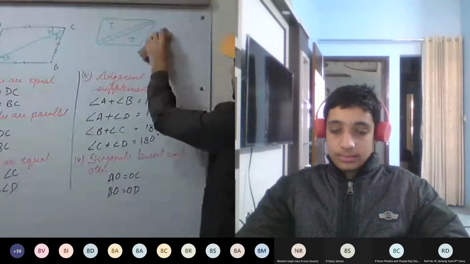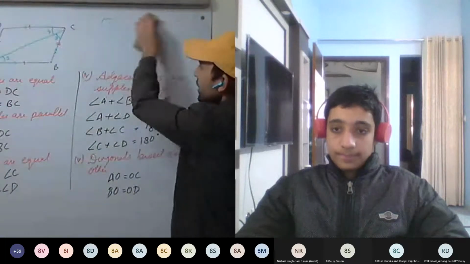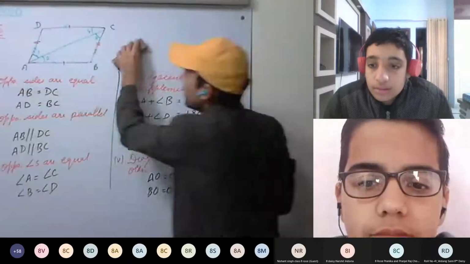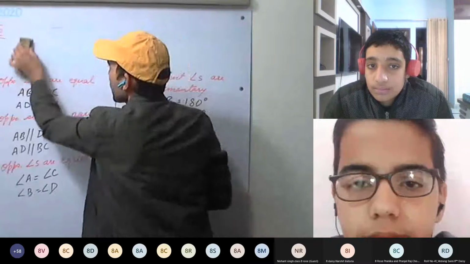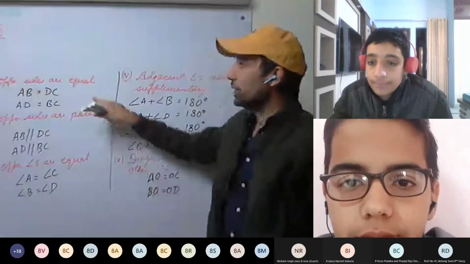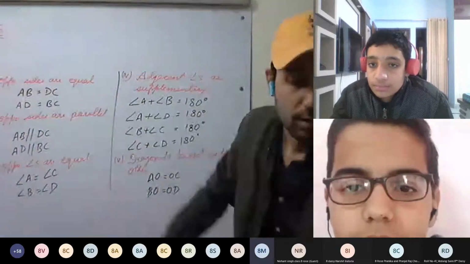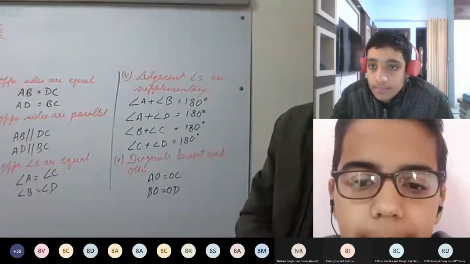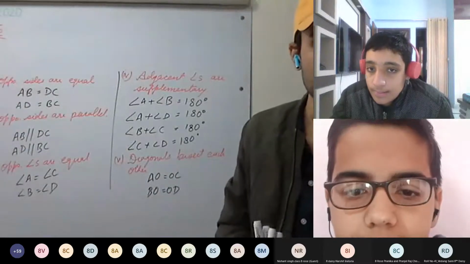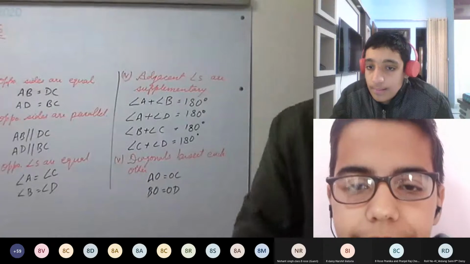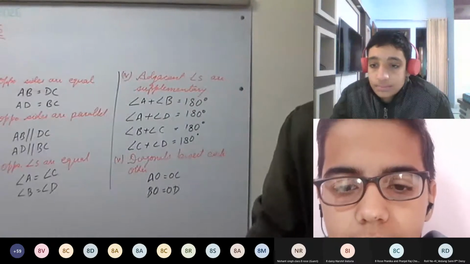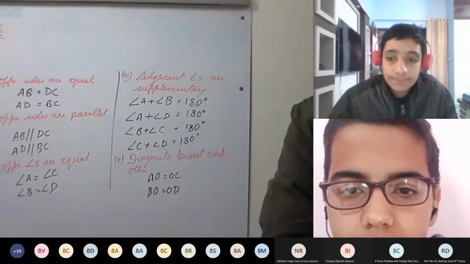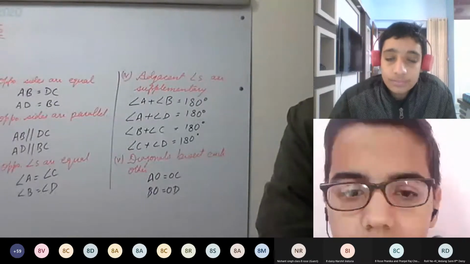This congruence is not in the syllabus, but still you must have an idea. So we have discussed parallelogram, opposite pair of sides. This is done in the book. You can do it from the book. If you want, you can write them. See here, the properties of parallelogram are given.